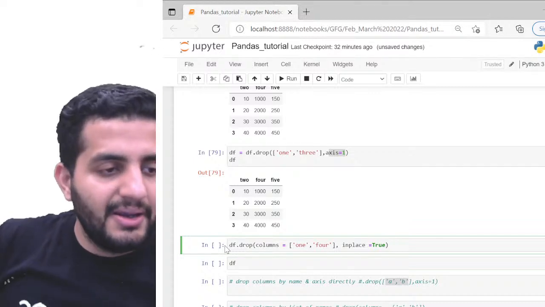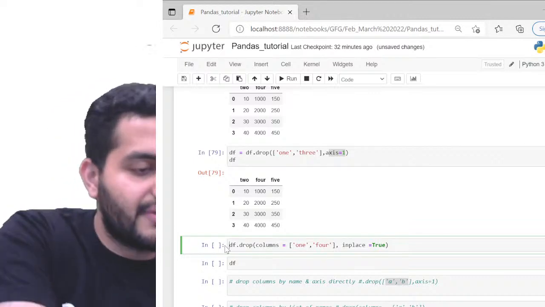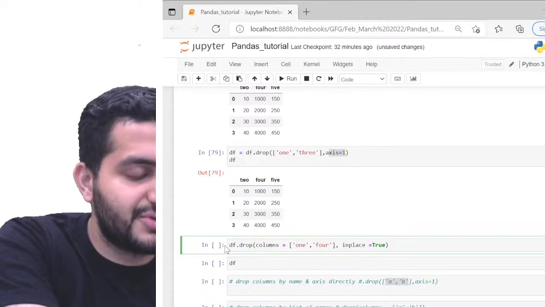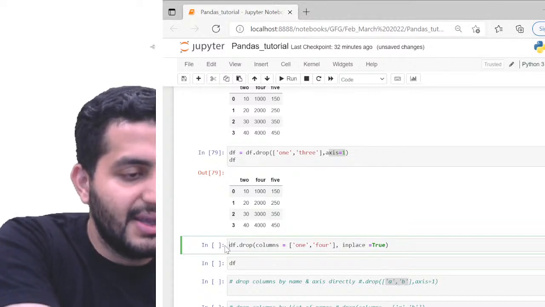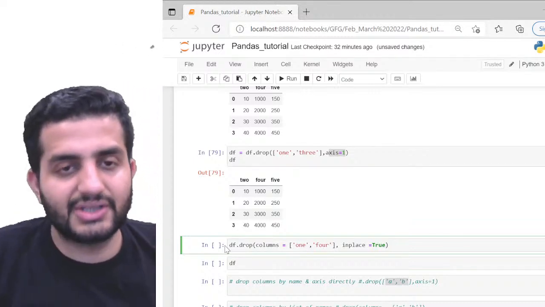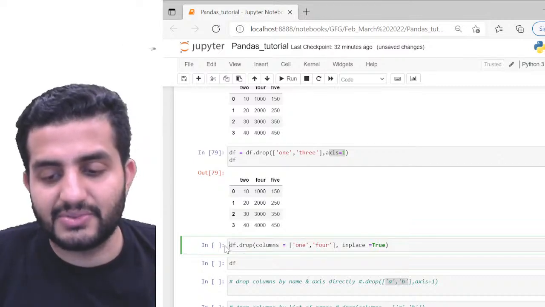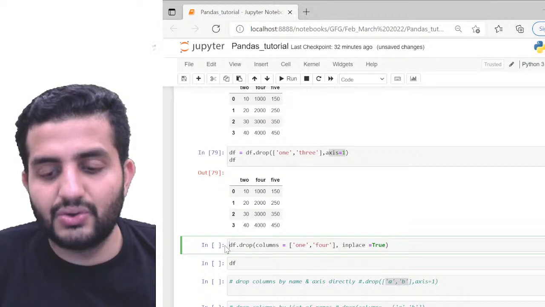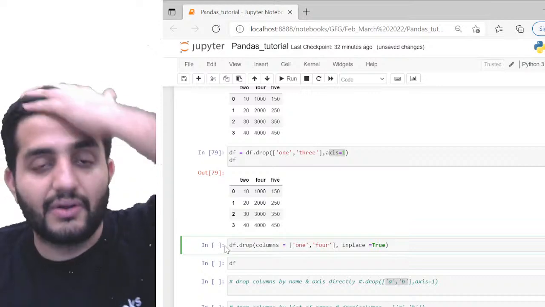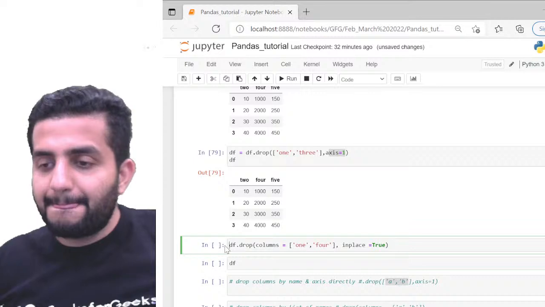Cool, guys. This is pretty much it. So I think we have covered quite a good amount of topics today in terms of data frames. Any questions, guys? Anything which you want me to cover, which you are not able to understand? We covered data frames, how we create data frames. We saw multiple ways to create a data frame using a list of dictionaries, and also other ways. We also understood multiple ways to add columns and delete columns and all of these operations as well, right? So pretty much what we wanted to cover today.